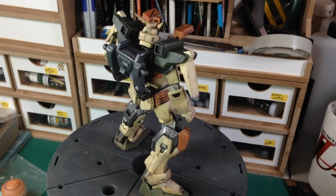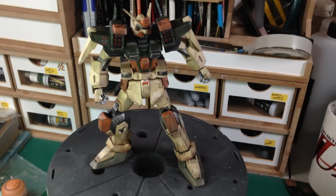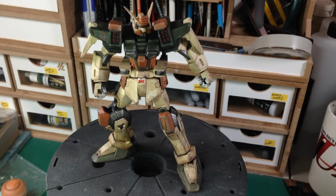Final verdict on this part of the build. I'm going to be brutally honest with myself and you, my dear viewers. It's not my best ever work. I'm going to tell you that straight off. I'm admitting that. But I am quite pleased with it because it's the first time I've done brush painting to